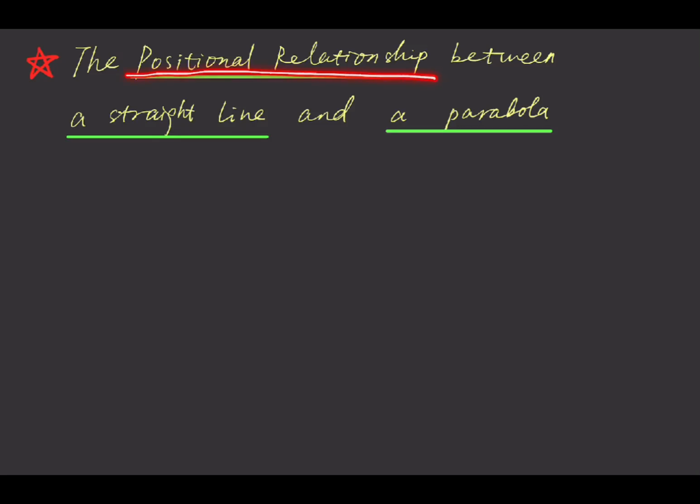The positional relationship between a straight line and a parabola. In the Cartesian plane, we have two graphs related to a straight line and a parabola. For example, first we give the parabola like this. For the straight line, its relationship with the parabola, we can categorize the positional relationship into three